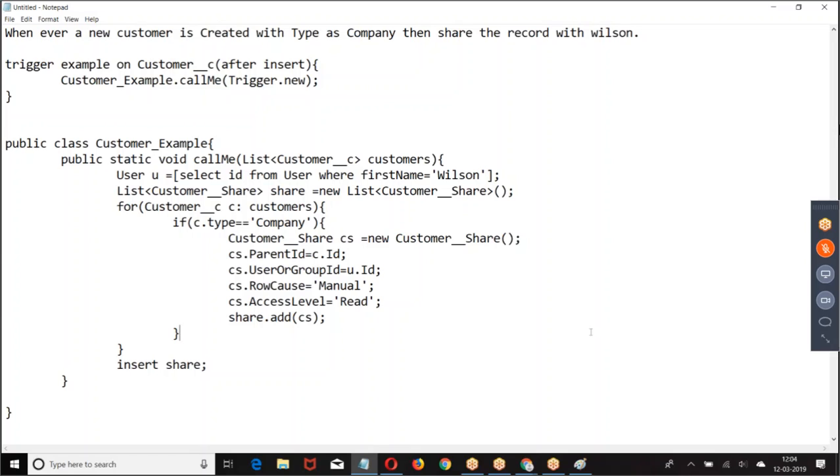and he shared the responsibility with the team. Boss, you take care of registration. You take care of marketing. You take care of finance issues. So what happened? On an account, the owner will be only one. But you want to form a team. As a team, we want to collaborate and work. On an account, we want to form a team. Then we are going for account team members.